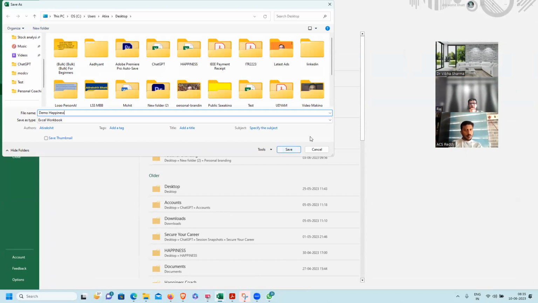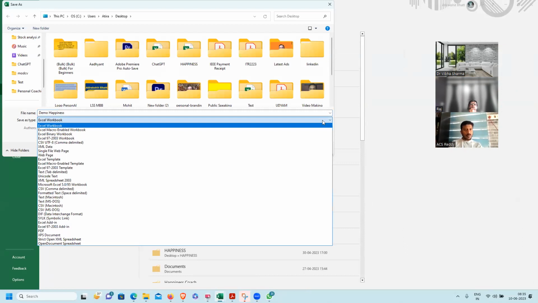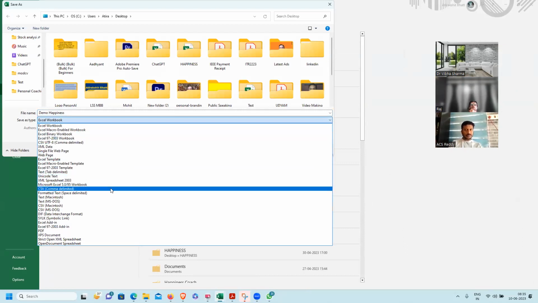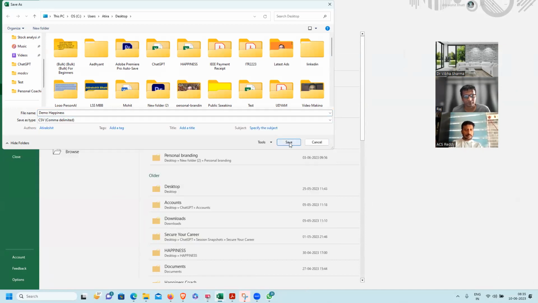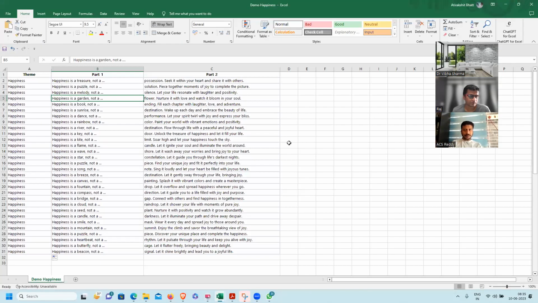Now, one thing to remember: in Canva, we need a CSV file. It will not take your Excel file. So we go to this CSV comma delimited file option. We save this as a comma delimited file and click save. Now it's saved. So our part of ChatGPT and our part of Excel is now done.